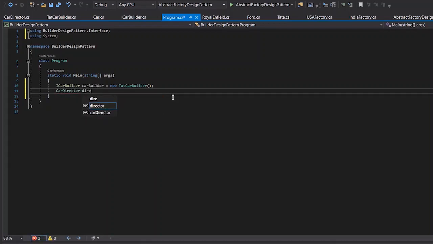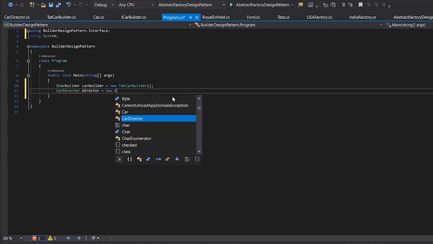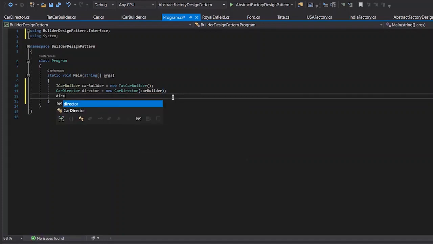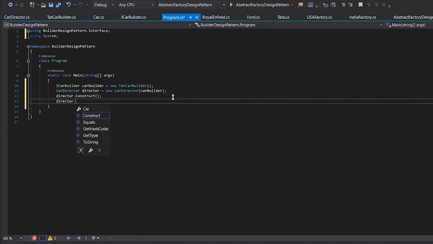Director is equal to new car director, and we will be passing this car builder instance. So we have our director, and now the director can call the construct step. So finally the construction is happening from the client side. Client has nothing to do with each of the steps. Client can use each of the unique builders to invoke the construction of the object. And finally the director can get the car, and let's start the car.